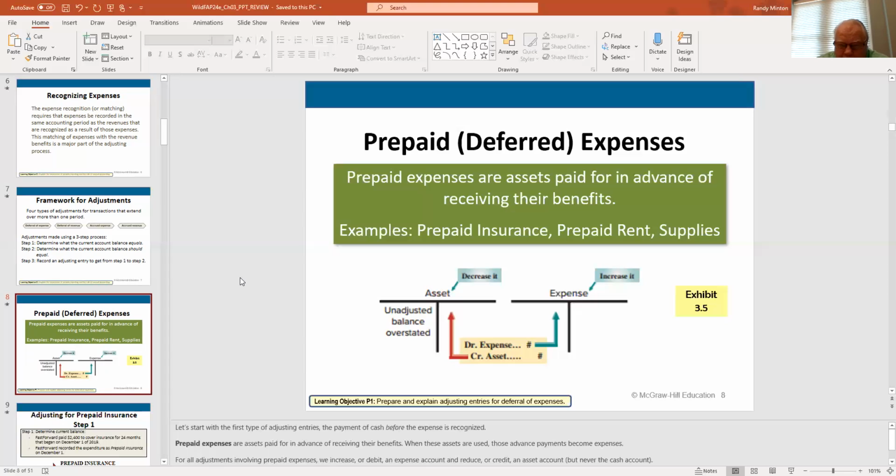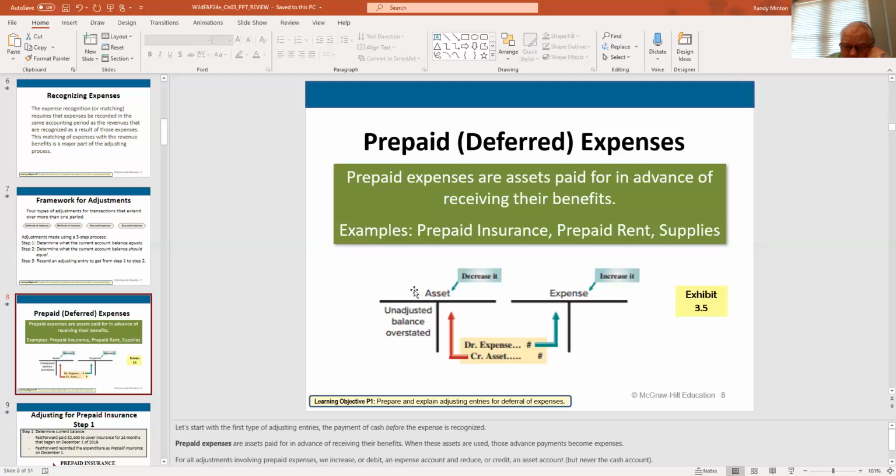The reason I prepay it is because it's cheaper. If you pay your insurance for a year versus 6 months, or certainly for a month, you're going to save, I don't know, anywhere from 15% to 25% on your insurance bill. So it's a good idea to prepay it, and that's why businesses do it as well. Sometimes businesses will prepay it up to 3 years. But that creates a problem for us because we're sitting here with an asset.